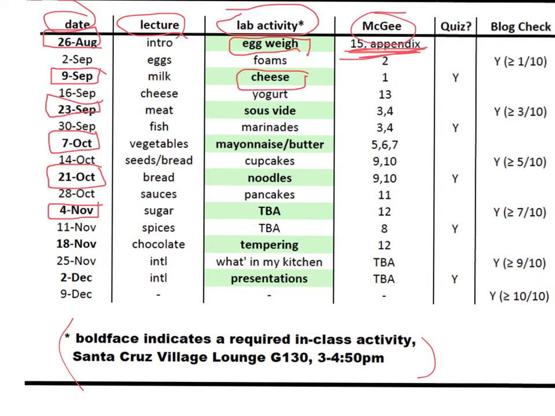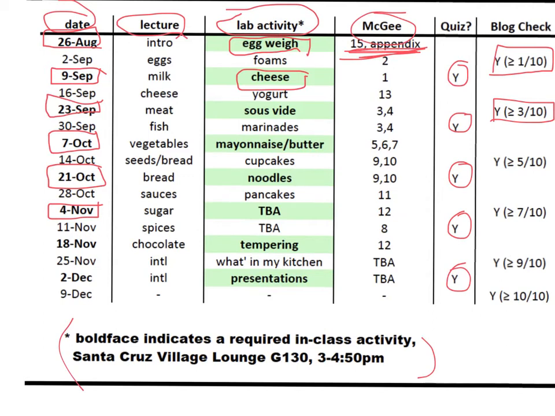Here as well, I've listed the approximate dates of your quizzes. For now, just realize that the quizzes will be spaced out every 3 to 4 weeks over the course of the term. Those will be online quizzes, and I'll refer again to the whole issue of academic dishonesty a little bit later. Also, in terms of keeping track of content, I will be checking blog entries on a regular schedule, again, every 3 to 4 weeks,